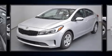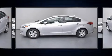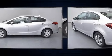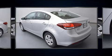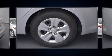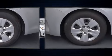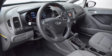Sensibility and practicality define the 2017 Kia Forte. This four-door, five-passenger sedan still has fewer than 60,000 miles. It features an automatic transmission, front-wheel drive, and a 2-liter four-cylinder engine. Top features include a split folding rear seat, a tachometer, variably intermittent wipers, an outside temperature display, remote keyless entry,